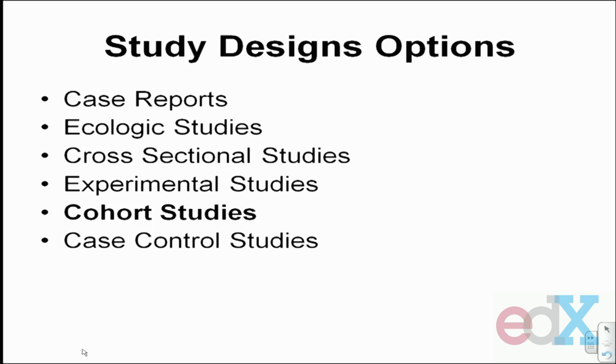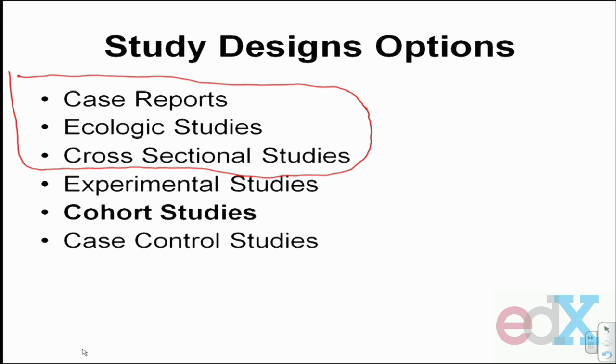series of lectures. First, we started off talking about more descriptive study designs. We talked about case reports for generating hypotheses that might be used for future studies. We talked about ecologic studies where we look at population-based information to see if there's a correlation and association on a population level between, say, a risk factor and some outcome. And then we talked about cross-sectional studies, photographs, snapshots of populations at one point in time, survey results, looking for associations between whether a person was a smoker or not and whether a person had been diagnosed with coronary heart